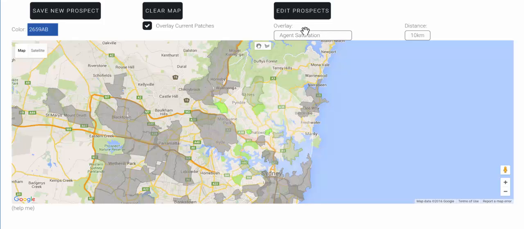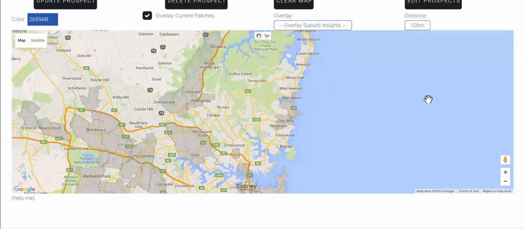So now that we've got a fair view about where we want to go and what that might look like, we might turn around and say, okay, let's switch off the overlay and go back to drawing our net where we want to go. So let's say, based on that previous screen, effectively where we currently are and where we want to go, we take this polygon tool at the top, this shape tool, and we click on that. All these other areas, whether it's an agent overlay or a GCI overlay, or it's where we currently exist within our business, our current offices, they're all locked but this new overlay will not be,